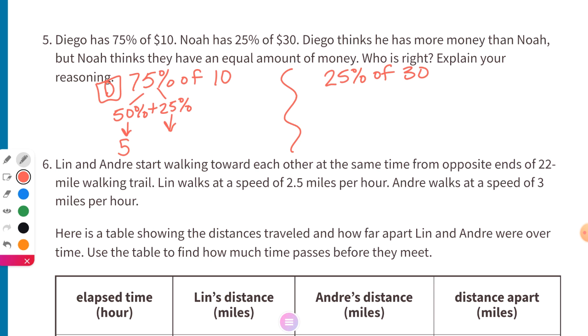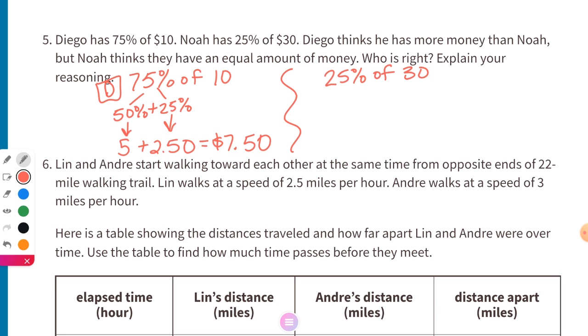Well, if 5 is equal to 25 cents, so it would just be like 0.25 cents. So let's go backwards. Naomi, what's half of 10? 5. So that's 50%. So if I know 50% is $5, how can I find 25%? Divide it by 2. There we go. Because it's half of 50. So what is 5 divided by 2, Haley? $5 divided by 2. 2.50. So Cooper, what is $5 plus $7.50? So Diego has $7.50. Diego has $7.50. And that's not the only way to get there, but that's using benchmark percentages, which is what